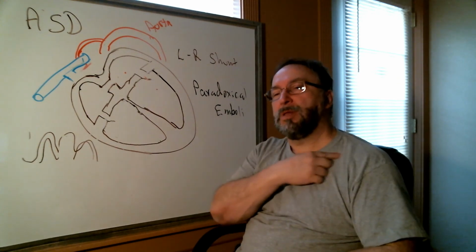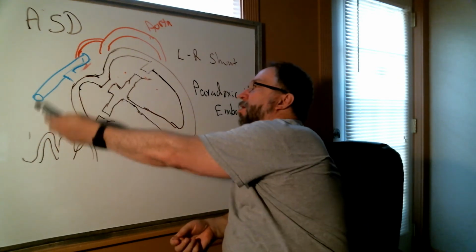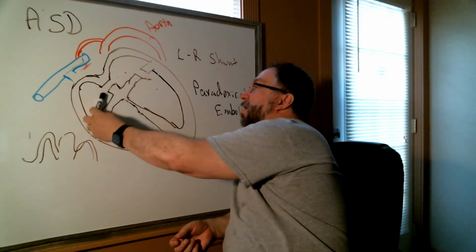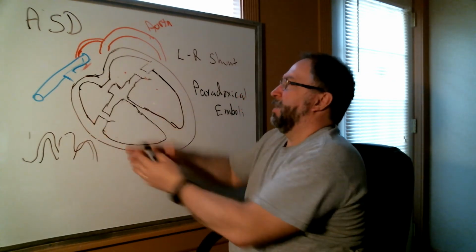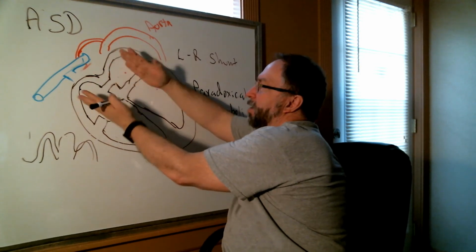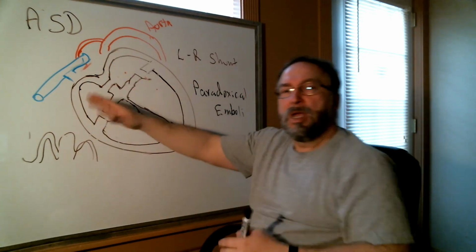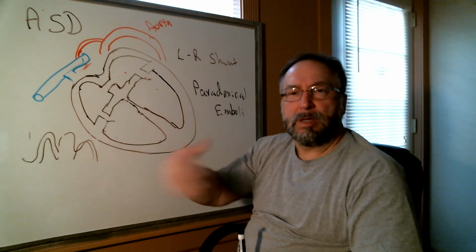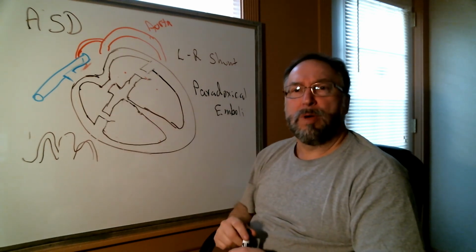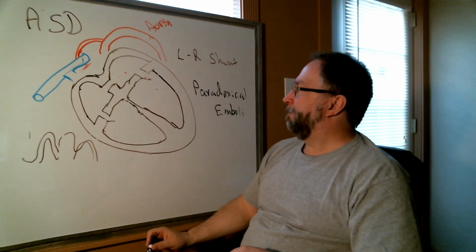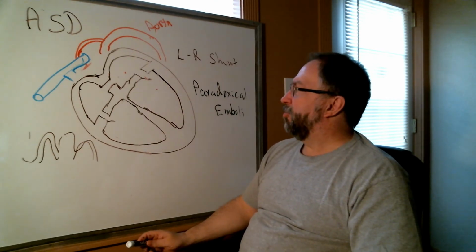I think they usually go up here, so they'll come in through the superior vena cava, and then they take this little Dacron patch thing, I think it is, and it comes in here, and they push it through there and they patch it. It's made of this matrix of stuff that scar tissue can grow on real easy. So it's kind of a neat procedure, and I could maybe get you a